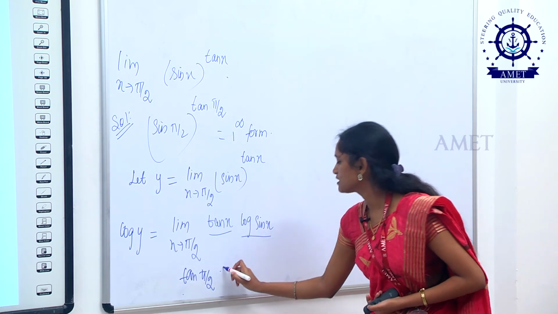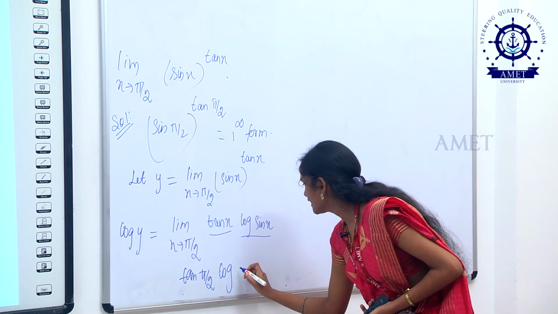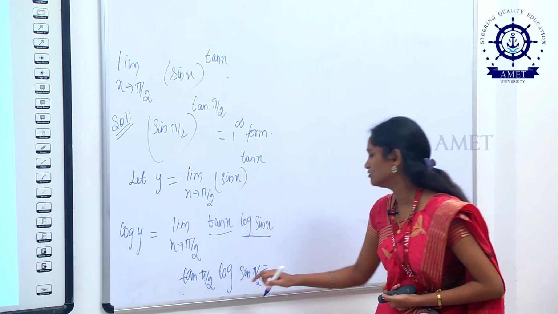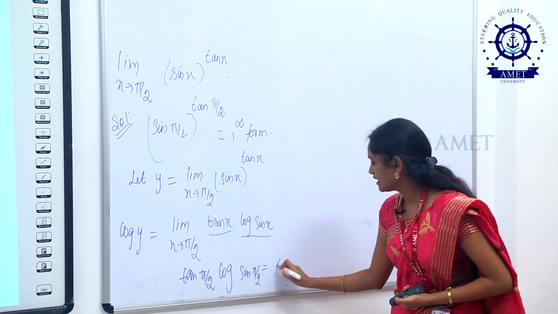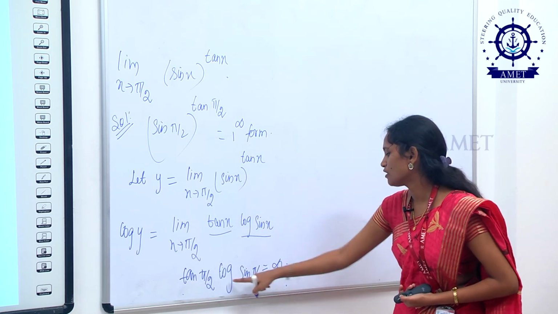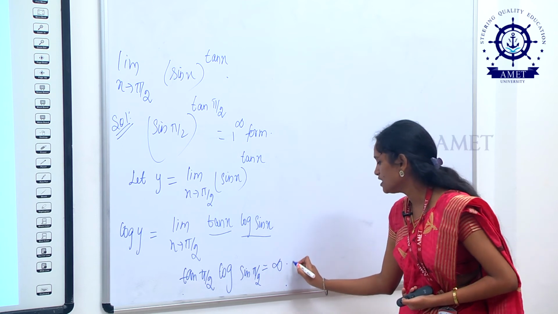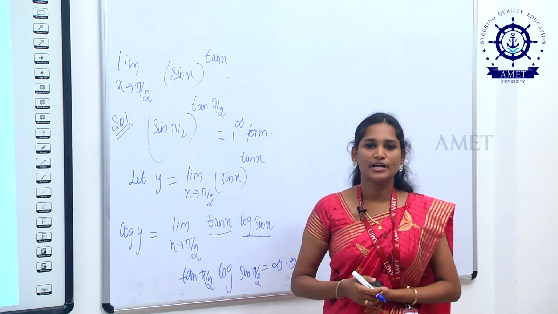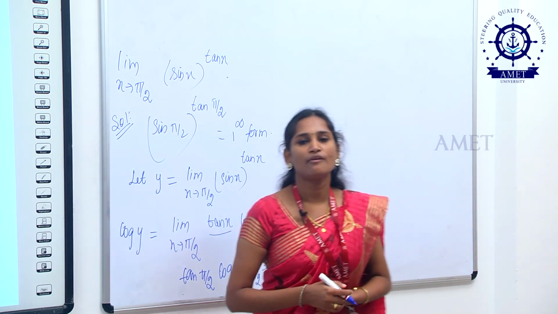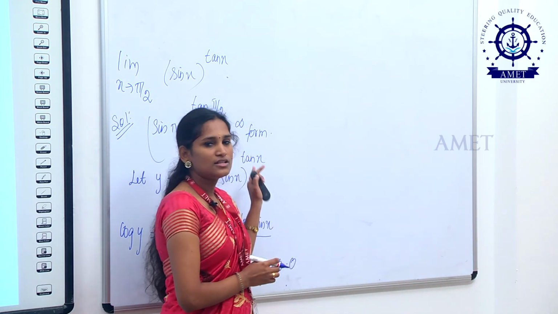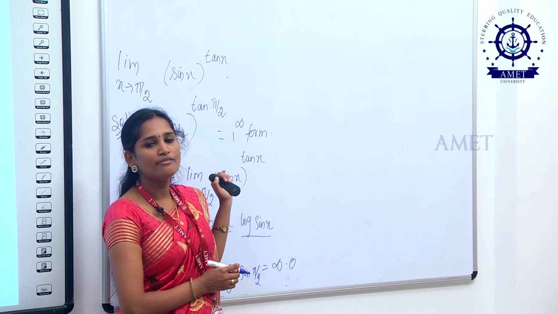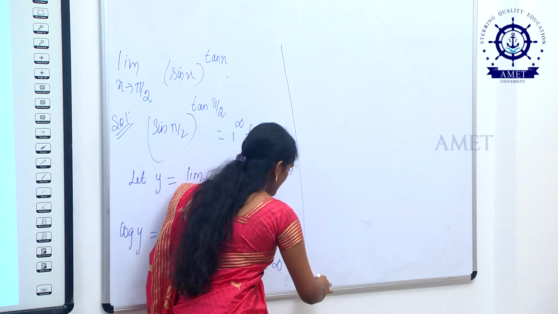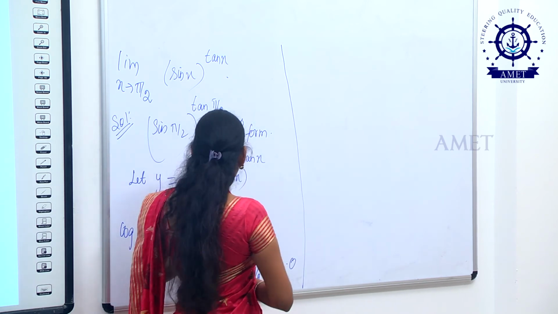Tan pi by 2 is nothing but infinity, and log of sin pi by 2 is nothing but 0. So this function has a 0 into infinity form. So 0 into infinity form means what we have to do? This expression can be reduced to the form f of x divided by 1 by g of x. So this expression can be rewritten in the form of